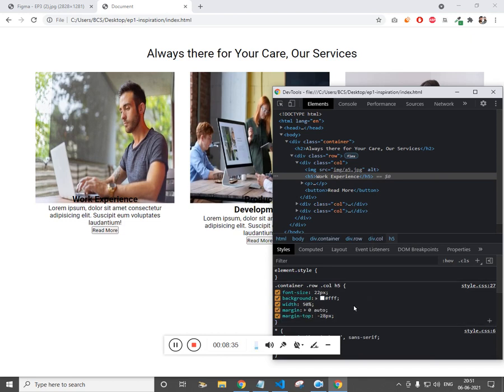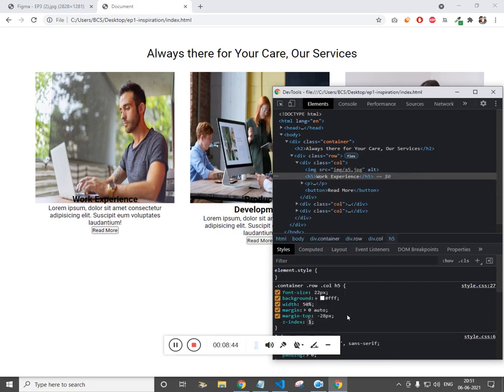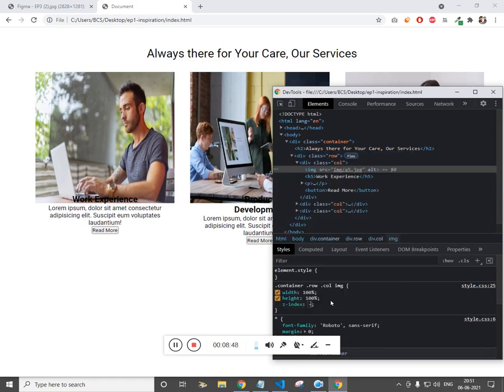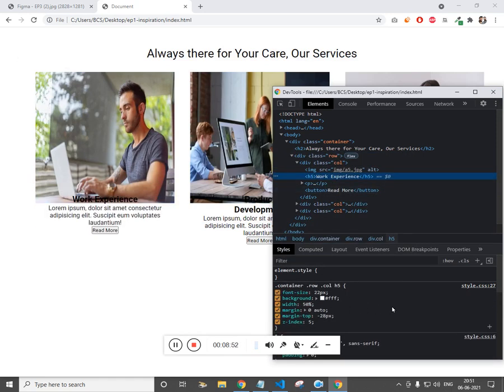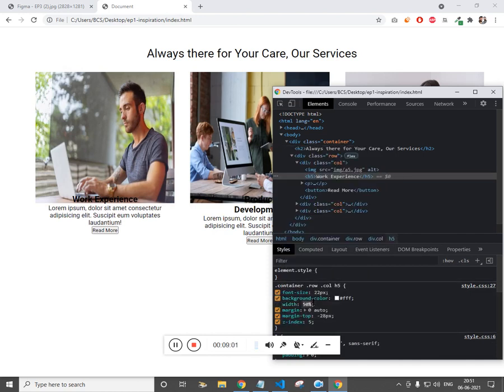This background is not working, I guess. Z index 1, or let's say 5, and use this Z index minus 1, not necessary. Background color white.